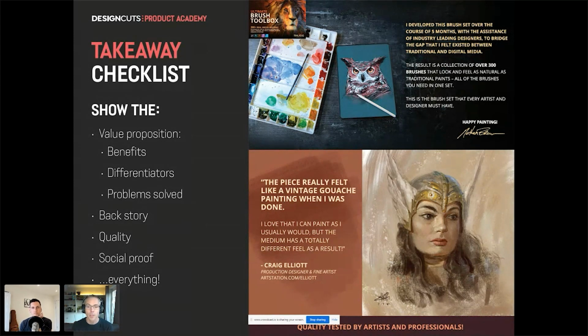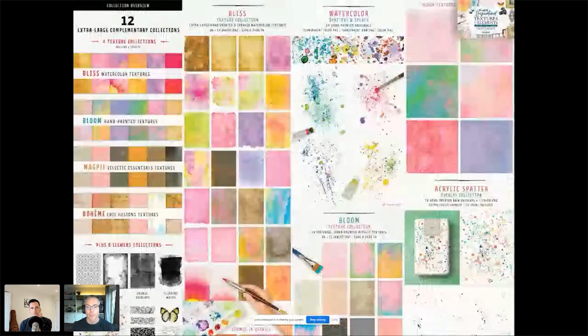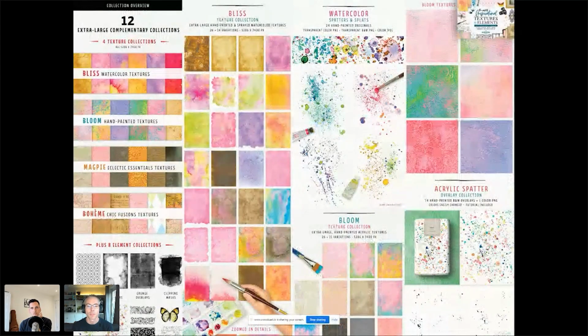And what should you show? You should show everything. Here is just a really, and I don't know if anyone saw Leslie's session, this ties in really nicely with it. It's funny that I should use this as an example, but it was like the never-ending scroll. Did you see everyone commenting that? It was really funny. It's like, and then there's this, and then there's this. And I think the Magpie collection says it all, because Leslie was like, oh, I'll have this, I'll have that. And it just shows everything. Nobody wants to buy it.